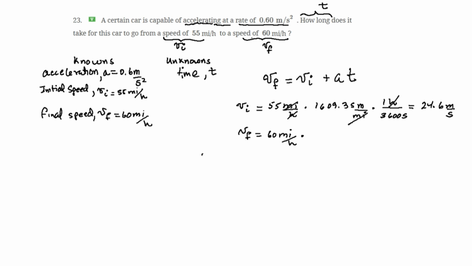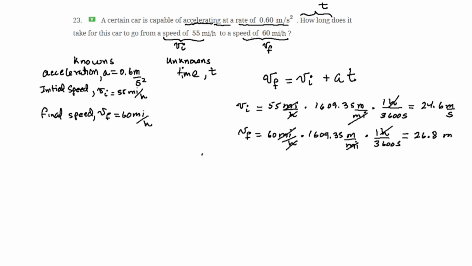We say 1,609.35 meters in each mile, times 1 hour in 3,600 seconds. So I cancel the hours out, I cancel the miles out, and then I get my final speed in meters per second. And my final speed would be 26.8